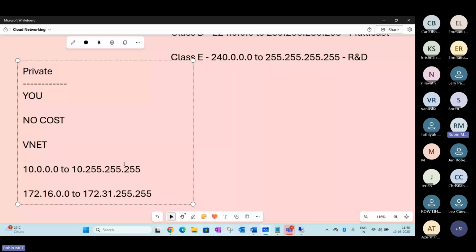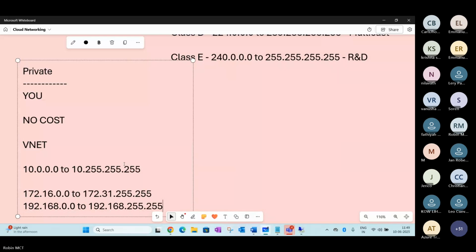The IP address you are going to get starts from the range 10.0.0.0 to 10.255.255.255, or 172.16.0.0 to 172.31.255.255, or the range 192.168.0.0 to 192.168.255.255.